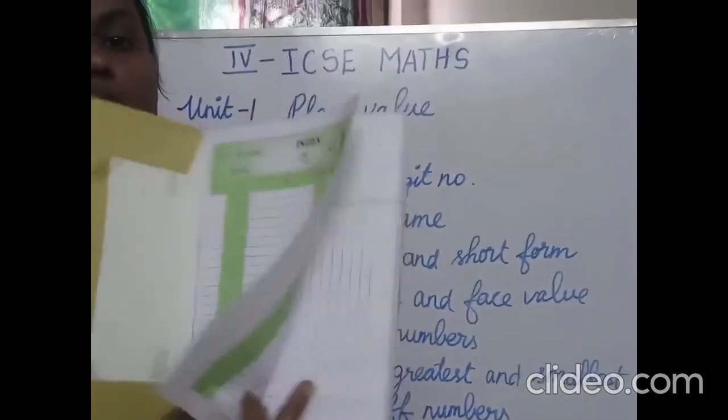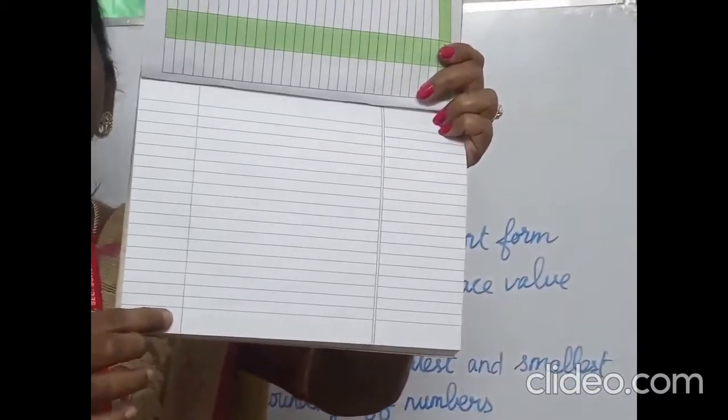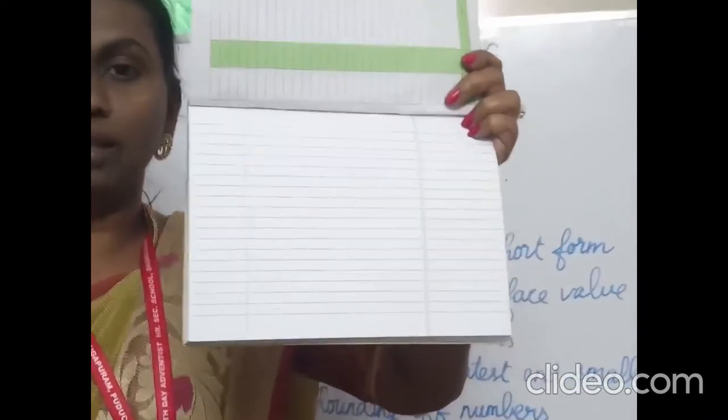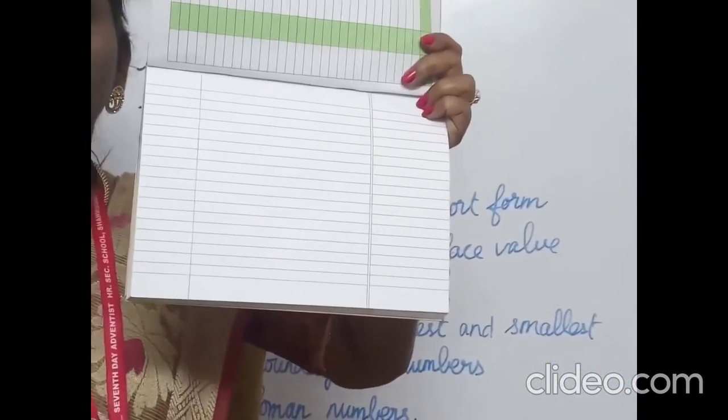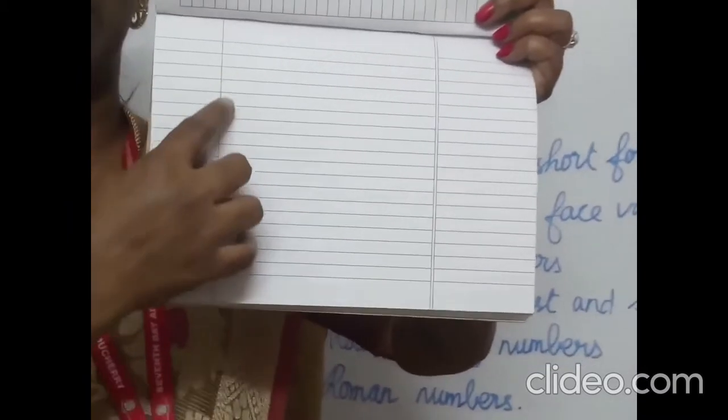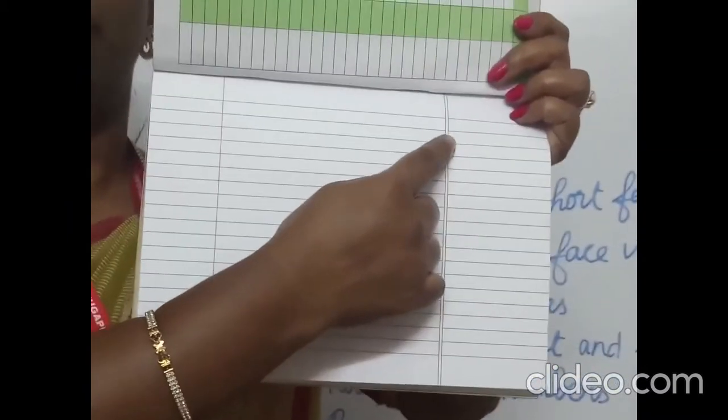Okay, children, then take the first page in your classwork and start writing the tables. Usually we will write the tables in the first 3 pages. Since we need to do the sums in multiplication and division, we have to know the tables. It is a must, dear, so you write the tables. Start from 2, 3, 4. Only 3 tables in 1 page. So 2, 3, 4. Next 4, 5, 6, 7, 8, 9, 10. So you have to write the tables in the first 3 pages.